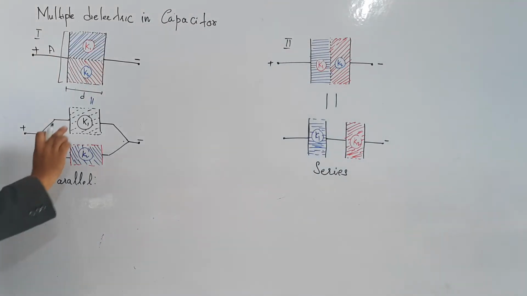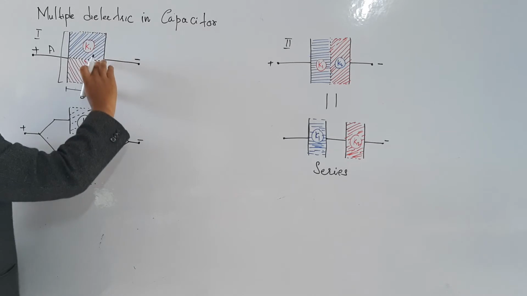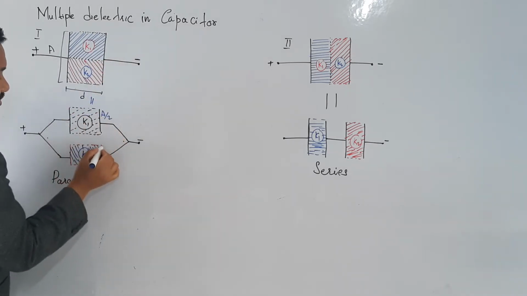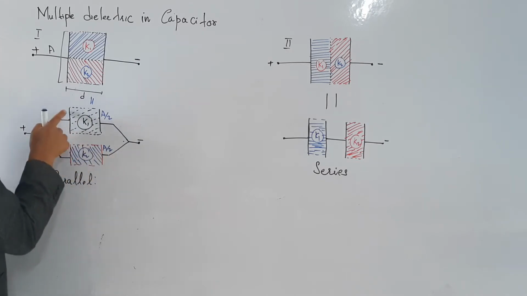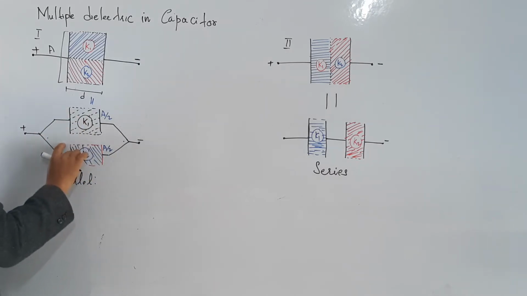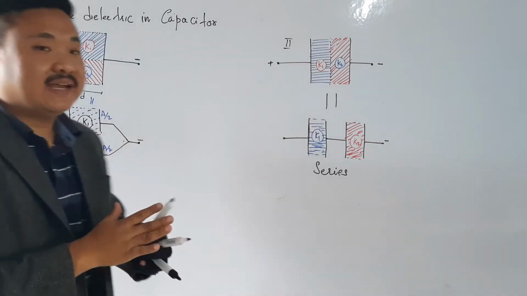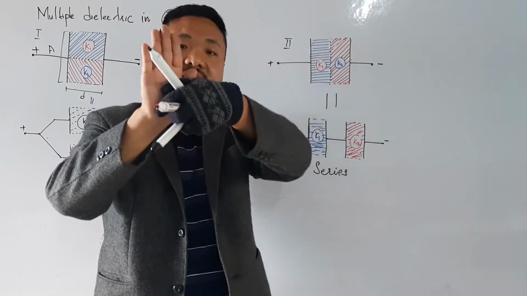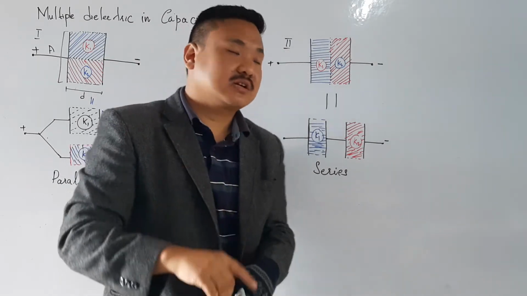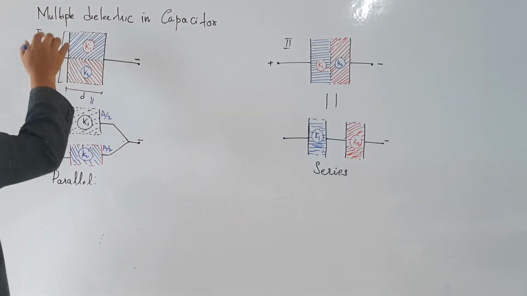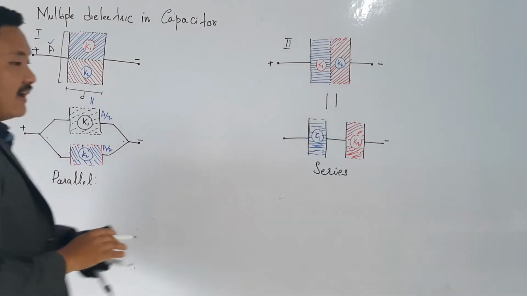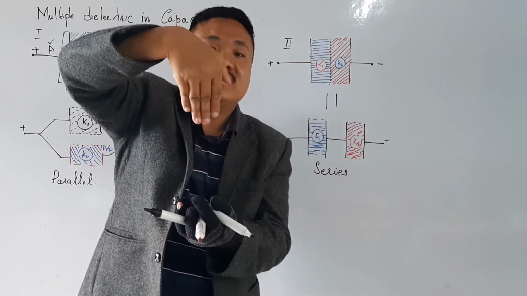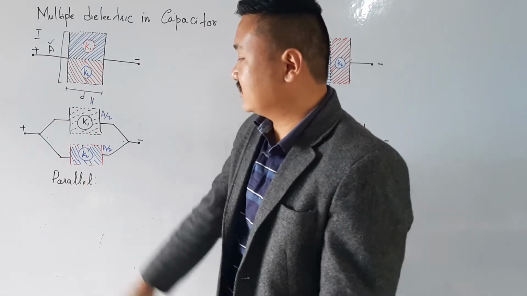Now what will happen to the area? Please remember this is exactly half. So this area will now become A divided by 2, and this is also A divided by 2. Why? Because it was a plate like this and I cut it from the middle and left one part above and one down, so it becomes half. The total area of this plate was A. Now D, I am not changing, because I just put one part down and one up. So the distance between these two plates is not changing.